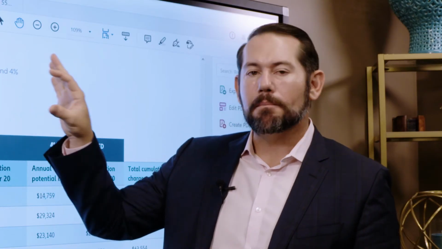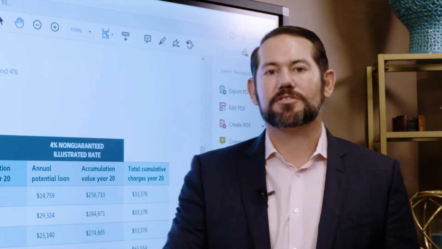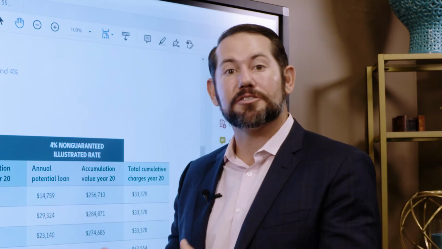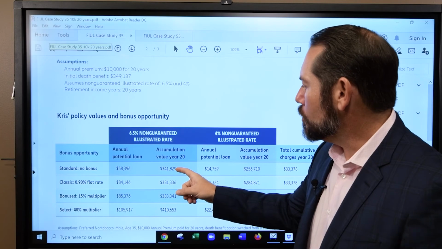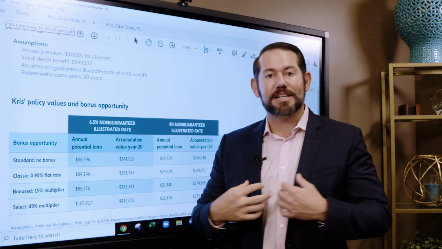These policies are much more advantageous for people in their 30s and 40s than someone in their 60s or 70s when it comes to cash value accumulation. The reason is the expenses, because this is life insurance, the expenses are a lot less. So if we look here, we put $10,000 for 20 years, we gift it to them, which gets it out of our estate